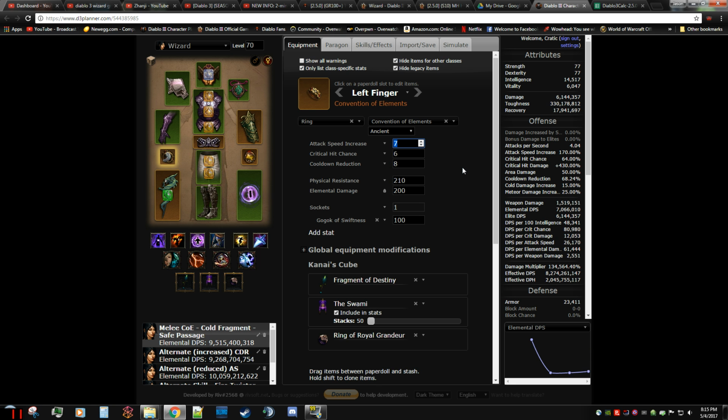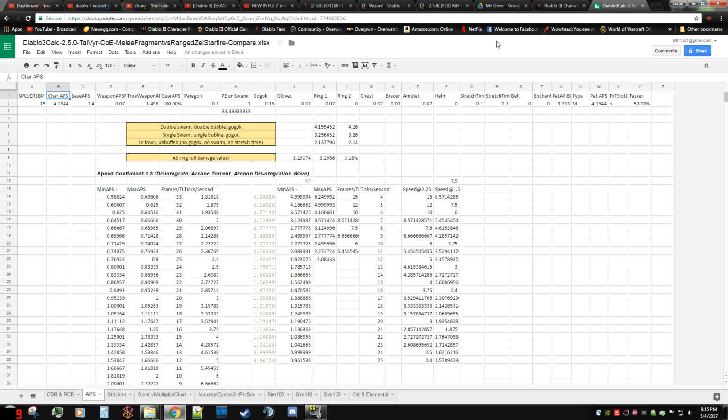Now we swap that to attack speed. What do we gain with attack speed? We gain, first of all, Hydra damage, because remember, when we cast our Hydra, it gets imbued, it's snapshot with damage from this attack speed. Now, how do we calculate how much that is? Well, since we're in single stack Swami, our values for that increase, you can see here I've got the AS ring roll damage value. When we're at single stack Swami, which would be right here, and we only have one bubble at the time of casting,